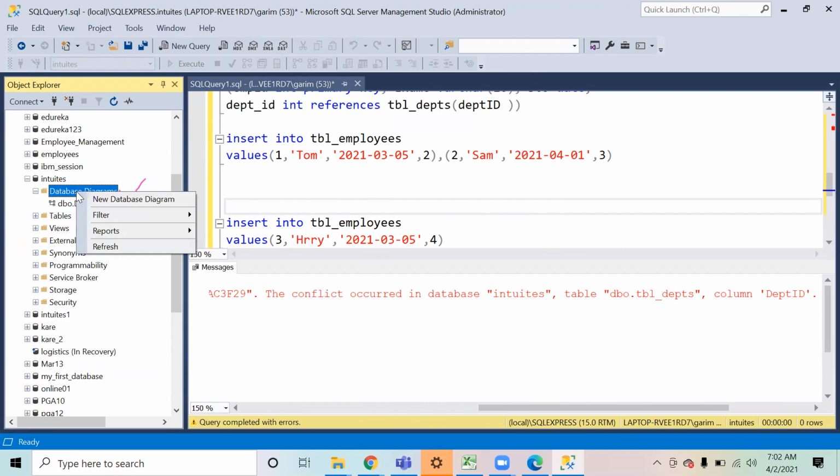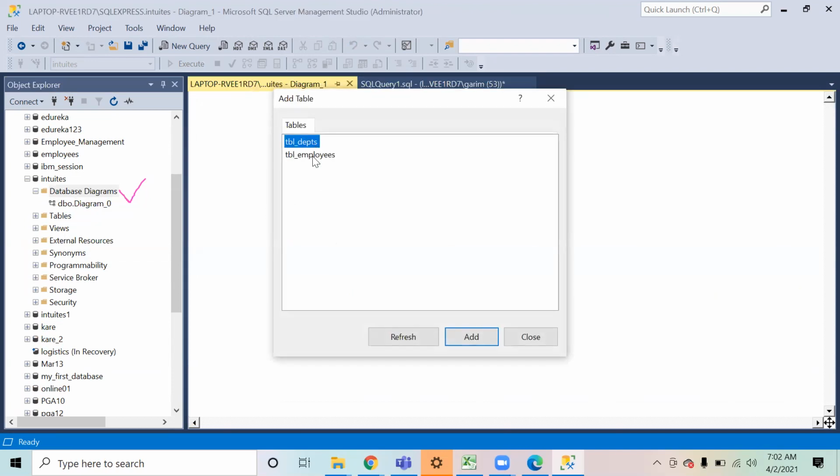So how to create it? Just right click and say new database diagram, and it will create the database diagram. So it will open this new window. Select the two tables by pressing Control key and click on add, and it will add the two tables over here.